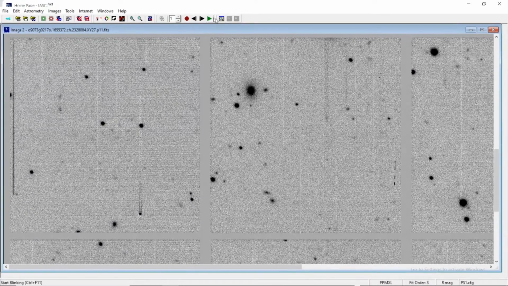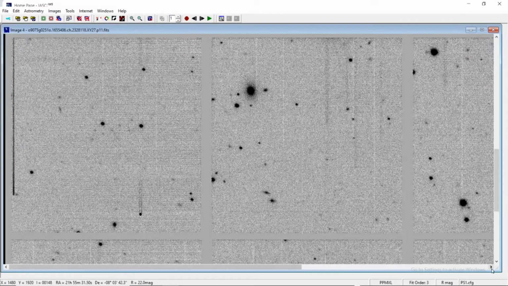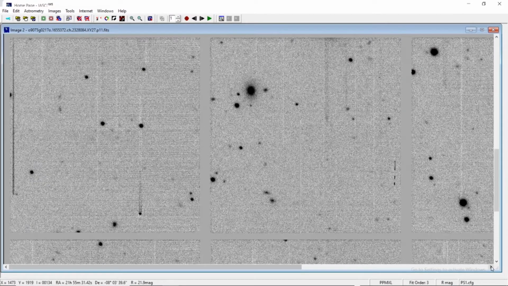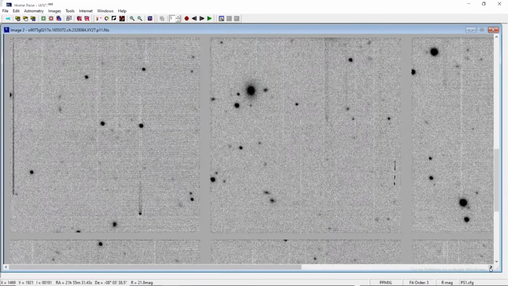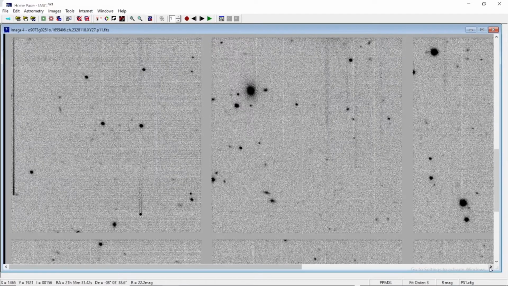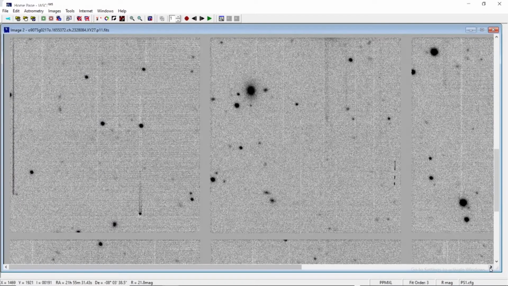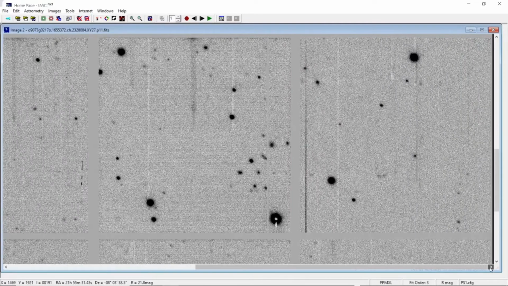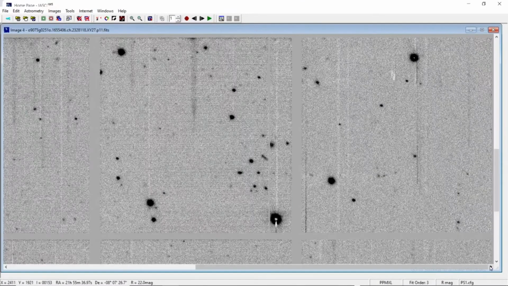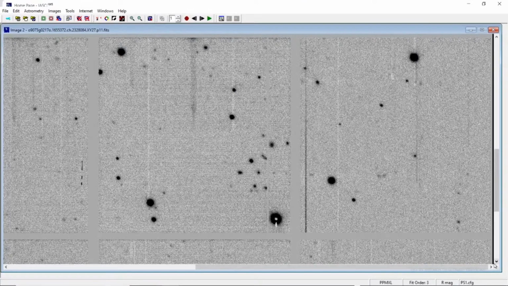So these are also rejectable cases and they are not objects, because they should move in a straight line, they should move with a fairly constant magnitude, and they should have constant velocities. So none of these properties seem to be applying to any of the objects that are present in column 1 or column 2.